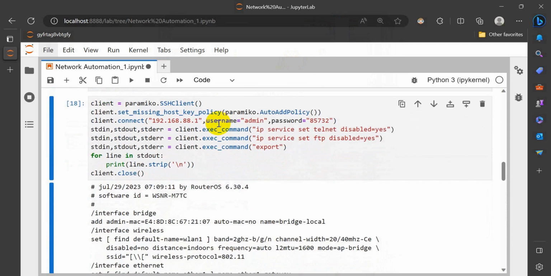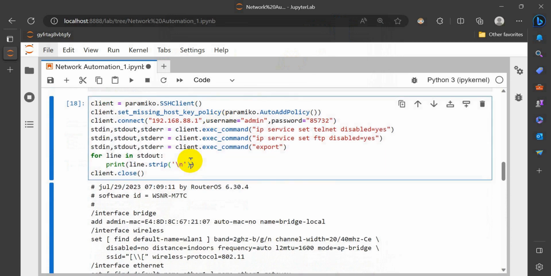It is very interesting and you can try this, because in our later videos we will see how we can manage multiple routers. Here we only configured a single router, but when we have 70 or 100 or 300 branch offices and 300 MikroTik routers, in that case